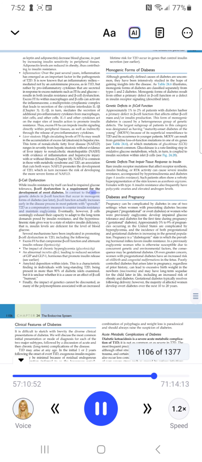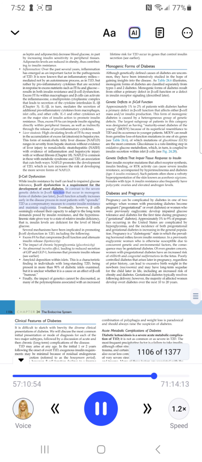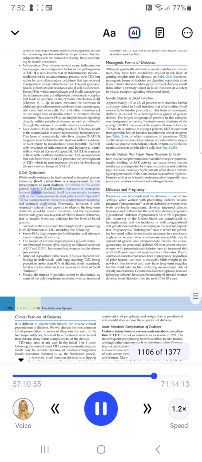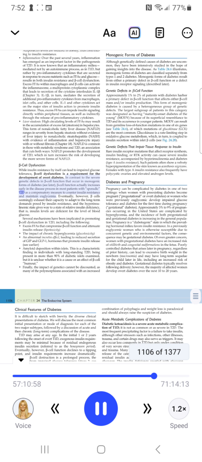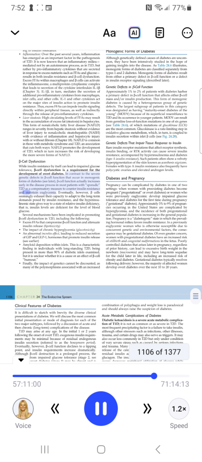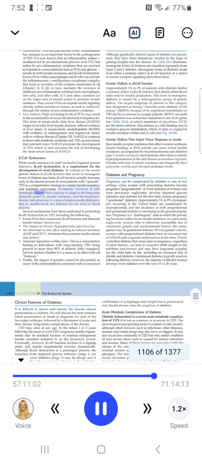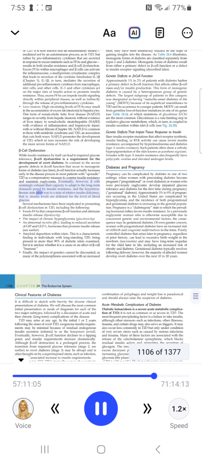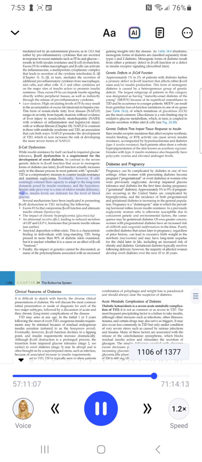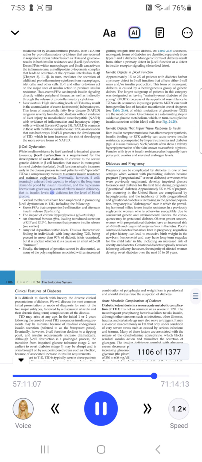In contrast to the severe genetic defects in beta cell function that occur in monogenic forms of diabetes, see later, beta cell function actually increases early in the disease process in most patients with sporadic T2D as a compensatory measure to counter insulin resistance and maintain euglycemia. Eventually, however, beta cells seemingly exhaust their capacity to adapt to the long-term demands posed by insulin resistance, and the hyperinsulinemic state gives way to a state of relative insulin deficiency, that is, insulin levels are deficient for the level